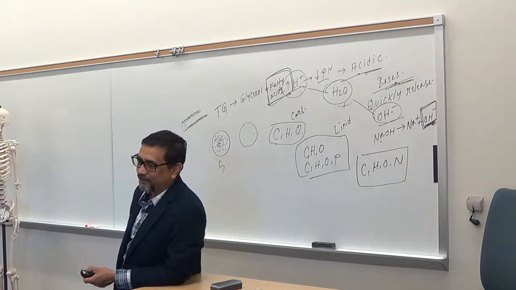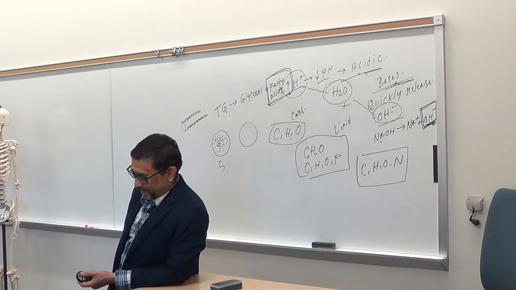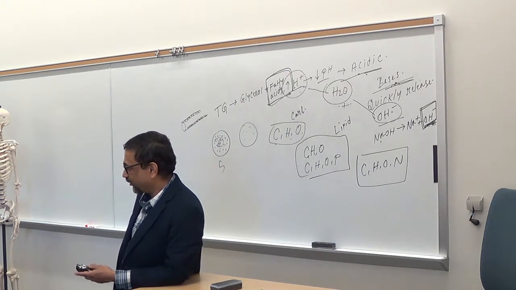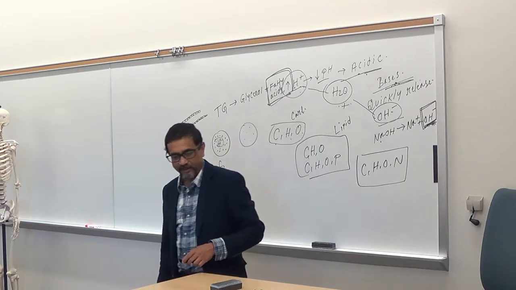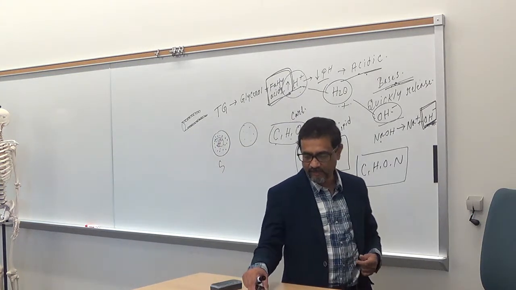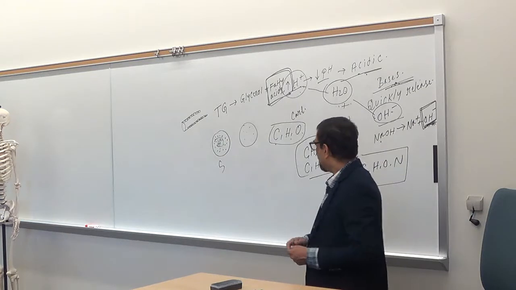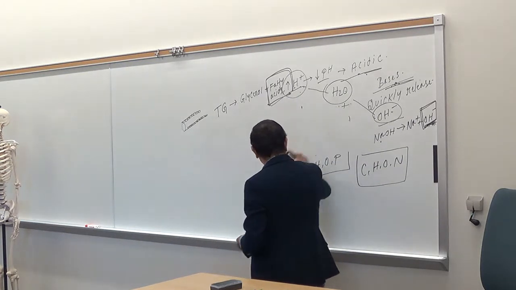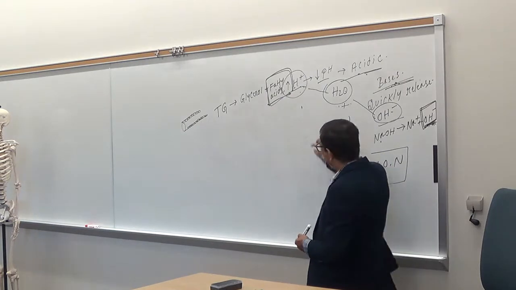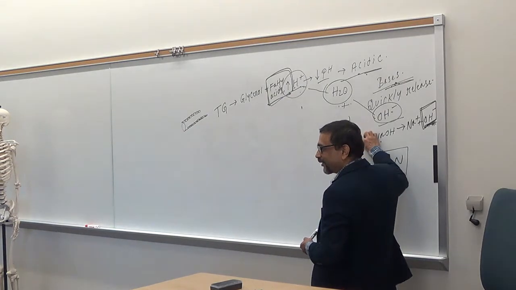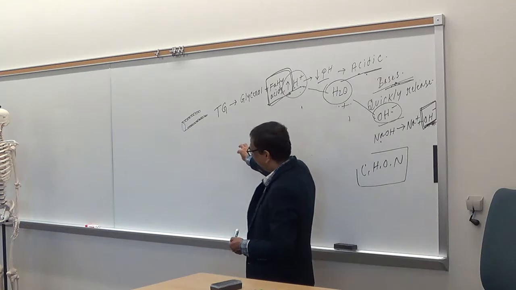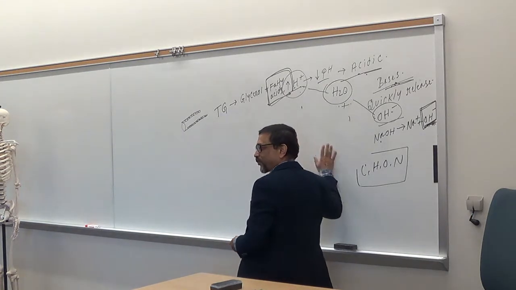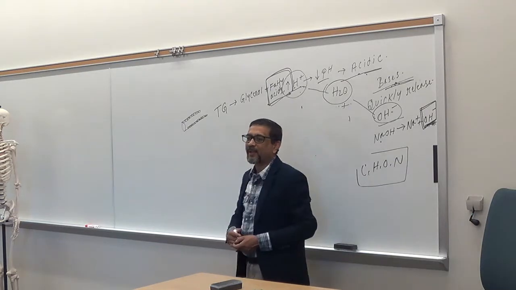CHO and N. So if you see nitrogen, that is definitely a protein molecule. Nitrogen must be present in protein. Now, you must remember just a few minutes ago I told you that a protein molecule is like a chain. Remember that? So amino acids, right? Small amino acids join together to form a protein, right? So amino acids